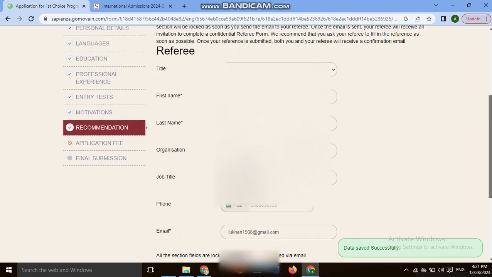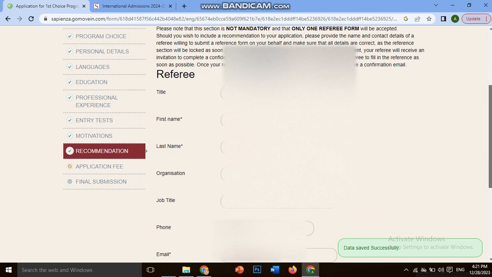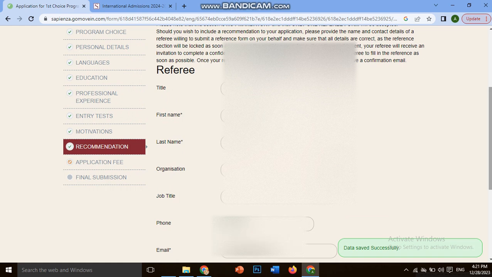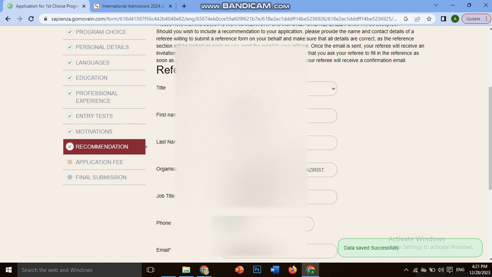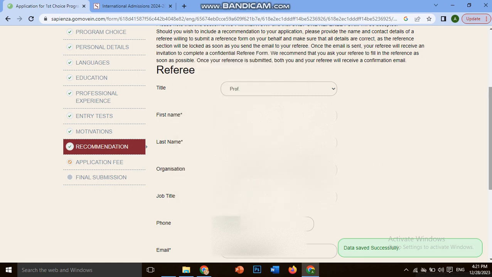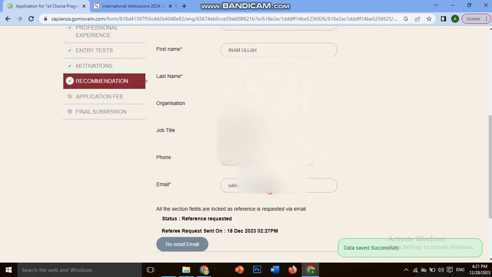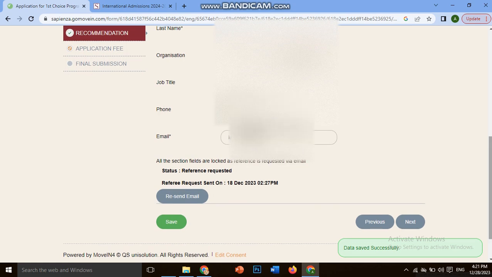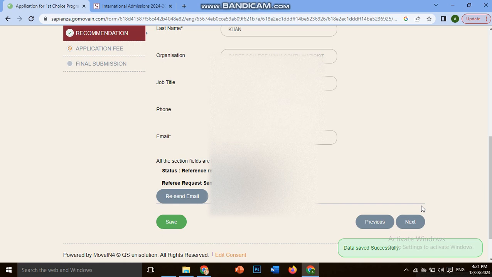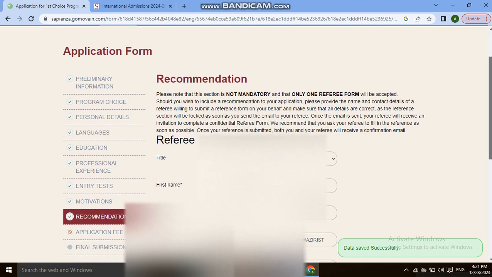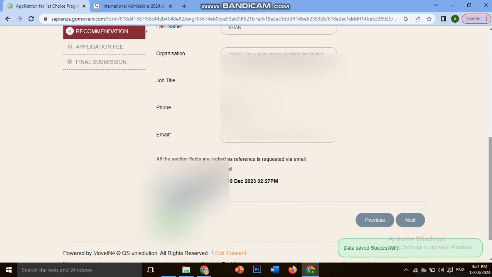You can attach any referee you like, your professor or your company's boss or any other reference. So you should provide their name, last name, organization or school or college where you have studied, or their job title, their phone number or their email, and this portal will send them an email, and they will ask them about your reputation or everything about you. So you have to carefully provide a trustworthy person's information. And then